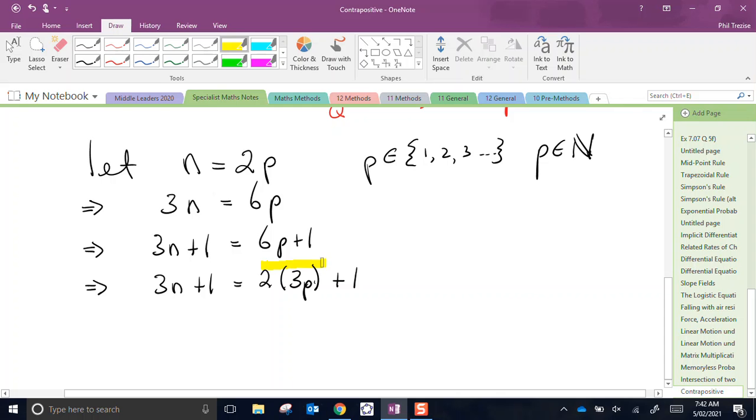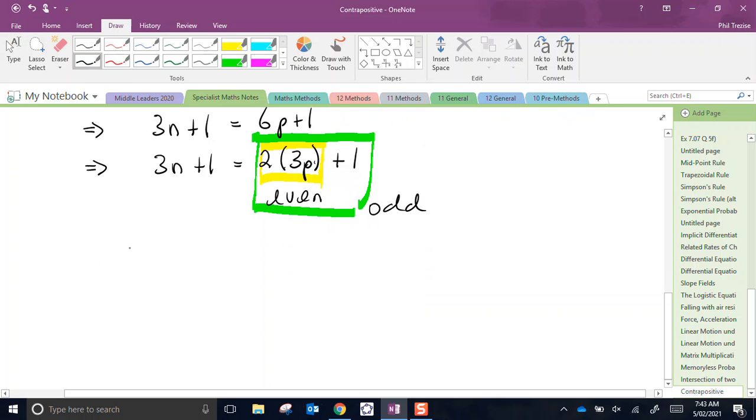Now this bit is a multiple of 2. So this bit must be an even number. And any time I have an even number, add 1 to it, then the total thing must be an odd number. And therefore,